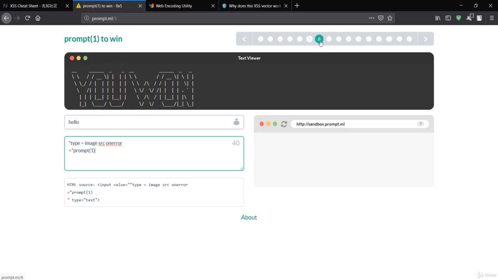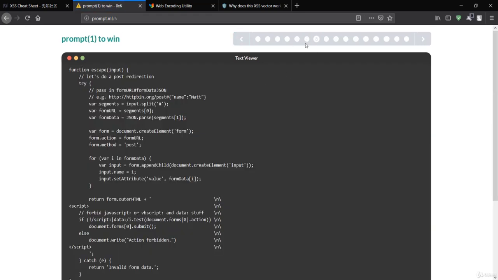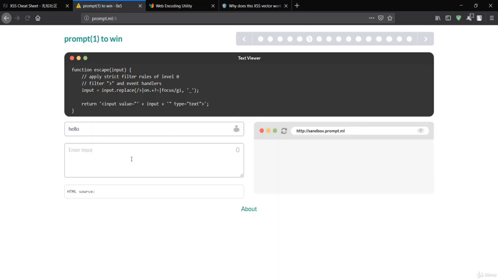So let's go for another challenge here. Instead of that, you can also make other versions. You can also make use of the onresize attribute, and this can be made with prompt of 1. Let me enter again, it is not working.